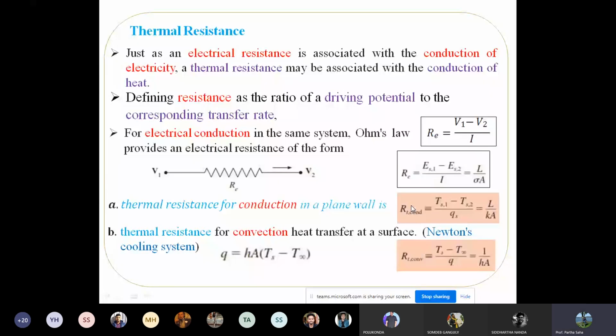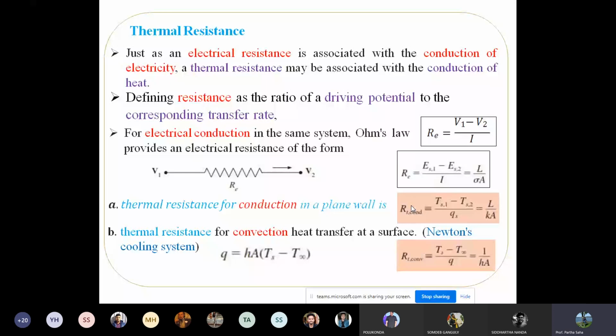Now, thermal resistance, how do we know that? We are considering thermal conductivity. So obviously, the reciprocal of thermal conductance will be thermal resistance, right? Just as an electrical resistance is associated with conduction of electricity, if we remember V = IR, where R is the resistance. If electrical current is passing through a wire, there must be some sort of electrical resistance. Similarly, during heat transfer also, there is some sort of resistance, which is actually the reason for the driving potential, or the temperature gradient, which exists between the two ends, right?